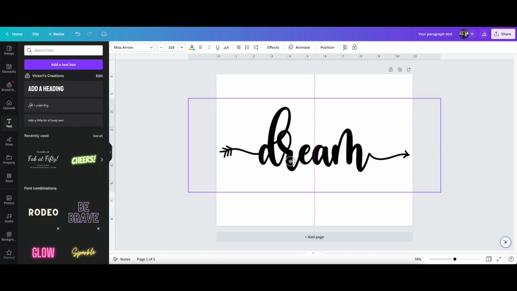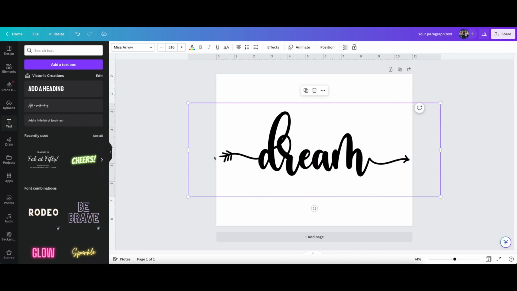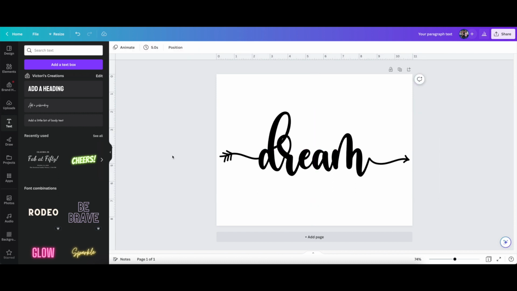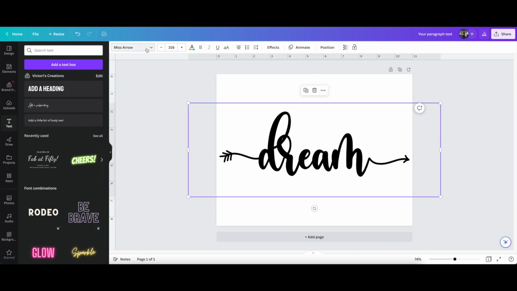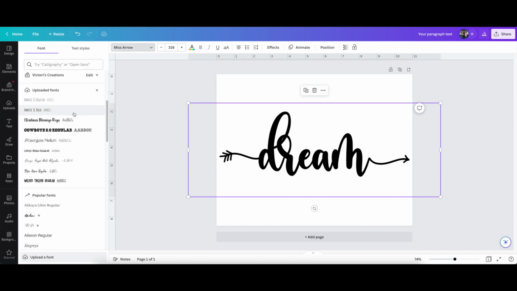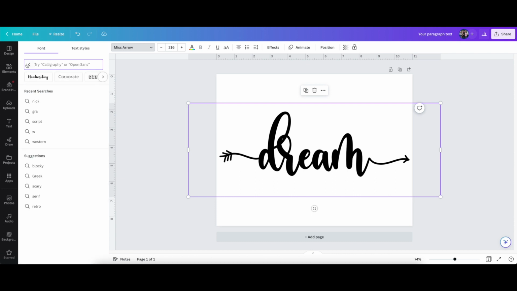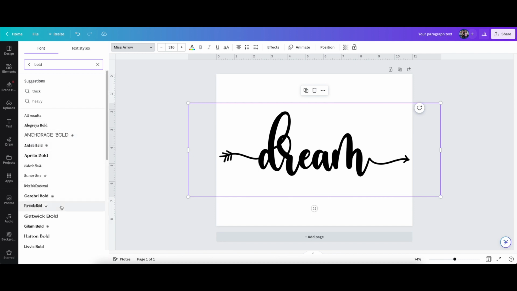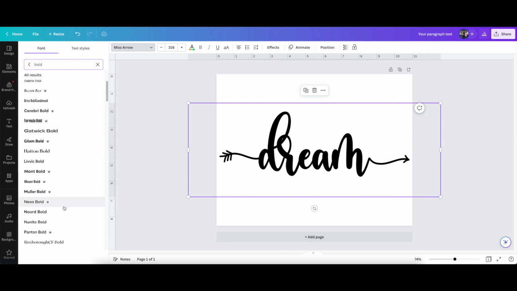It doesn't really matter where you have it on here. I'm just one of those people, I like things to be centered sometimes. When you're also looking for your fonts, I wanted to mention this in your font box. If you're not sure exactly what you want, but let's say you want a bold font, in this little search bar you can type in what you're looking for, and it will give you a list of fonts